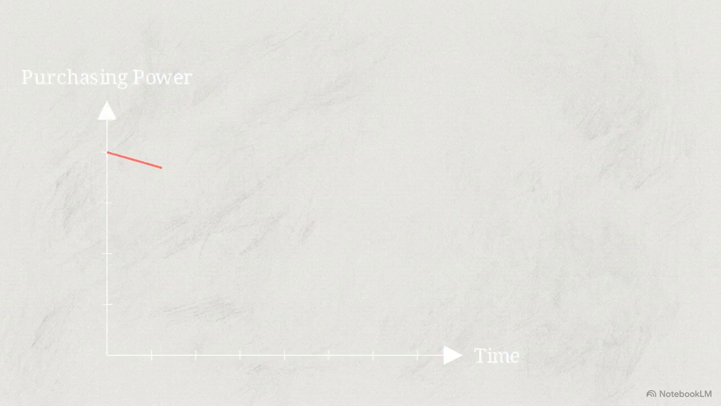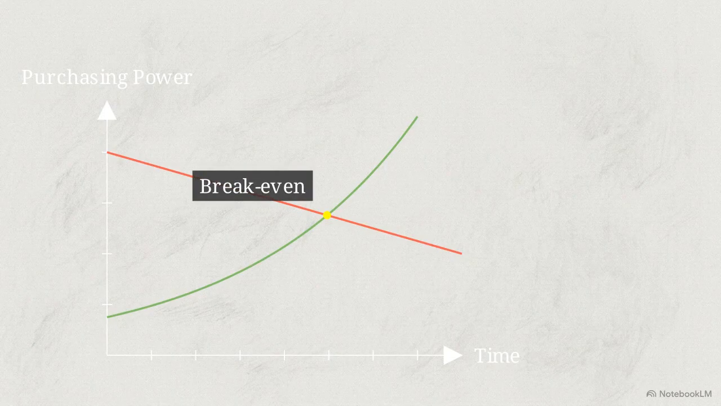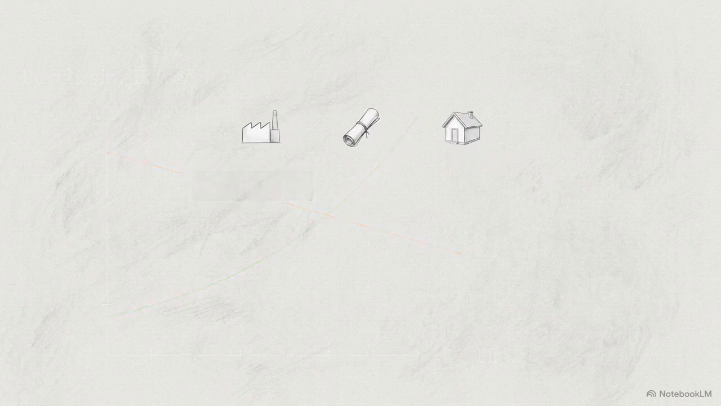This graph tracks the steady downward drag of inflation on your purchasing power. When we layer on a compounding growth line, we see the point where a portfolio intersects and outpaces that loss. To generate that momentum, you rely on three asset classes: business equity through stocks, debt instruments through bonds, and tangible